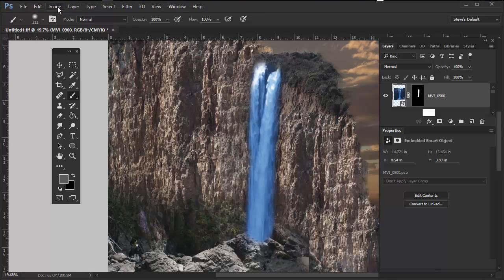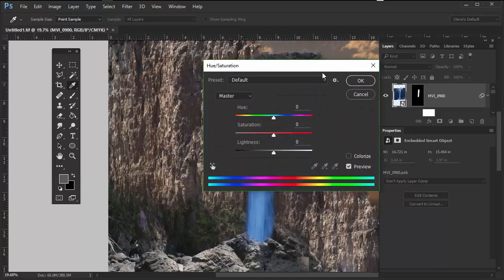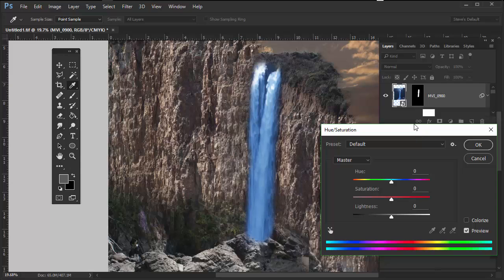So image, adjustment, and let's go over to our hue and saturation. We're applying it as a smart object. And just pull this on out. There we are. Okay. I might want to leave a little bit in there if you want. I mean, once this is all out,